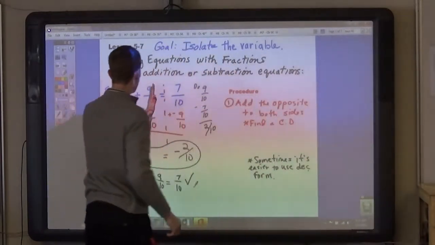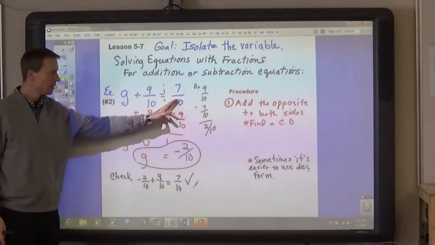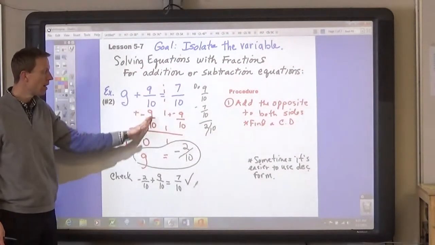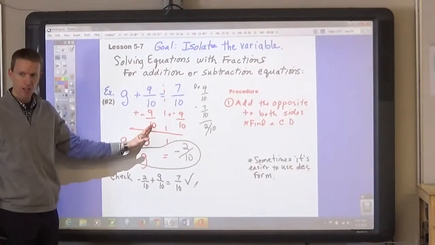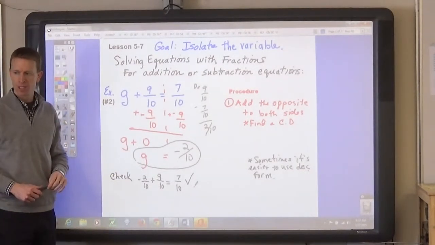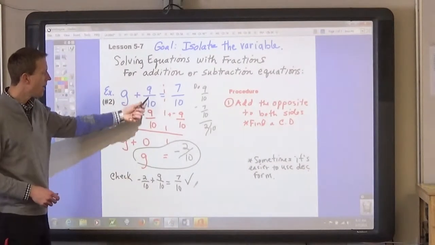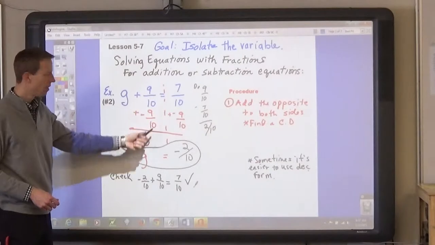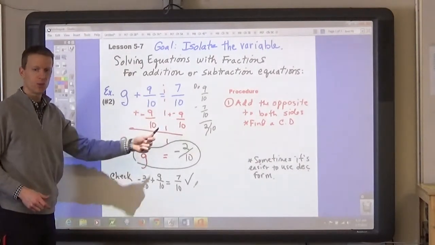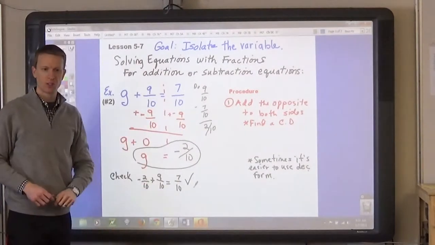On the left side, you have the variable and the number. On this side, you just have a number. So if you eliminate or get rid of this number, that gets the variable by itself, doesn't it? And so we learned before that if you add the opposite, it equals 0. And if you add the opposite to both sides, you keep the equation balanced, and you also solve the equation